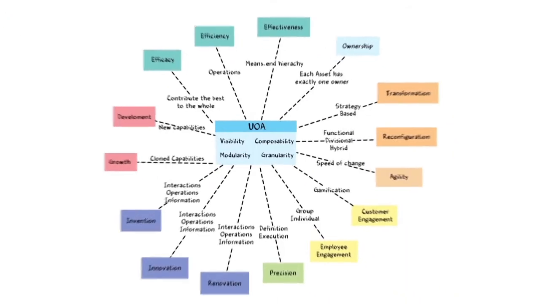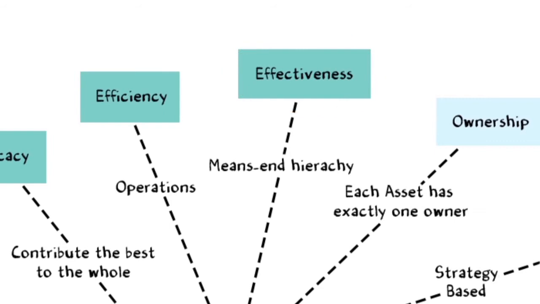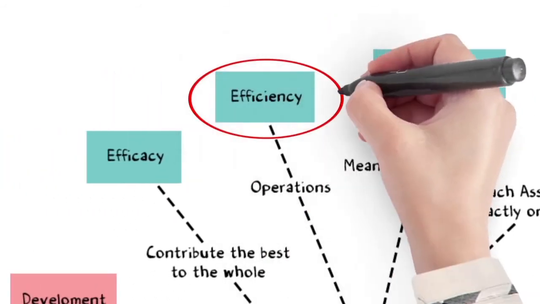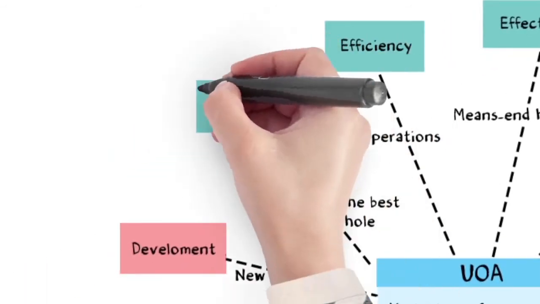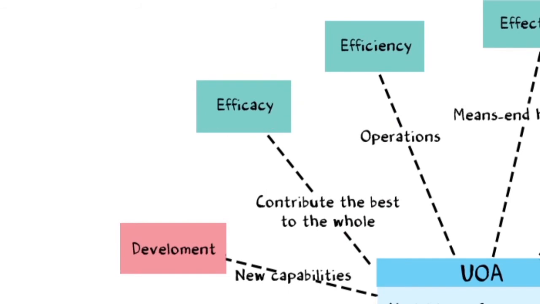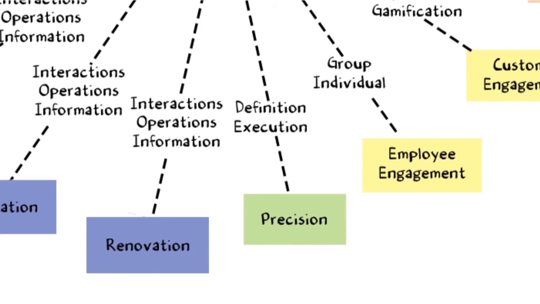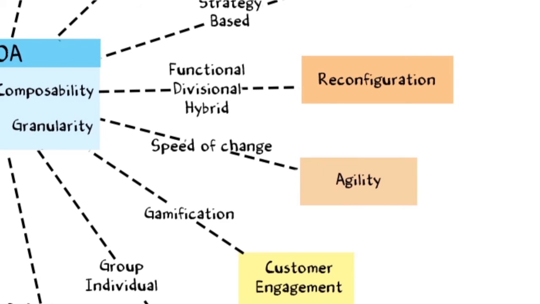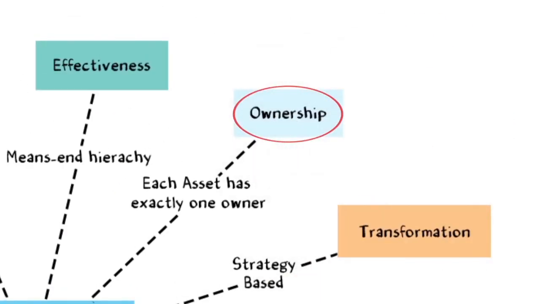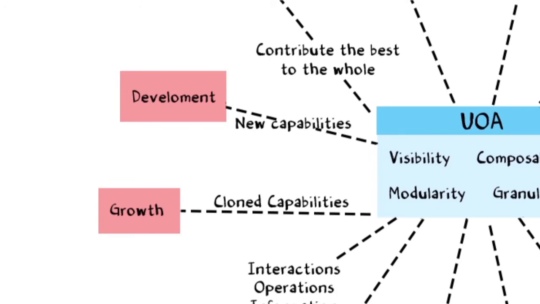UOA helps organizations realize the benefits of effectiveness by creating a traceable means to an end organizational hierarchy, efficiency by compartmentalizing and organizing unit operations and interactions, efficacy by ensuring that the child units contribute their best to the whole, precision by delegating the execution of management activities to a computer, agility by enabling quick reconfiguration of units, ownership by distributing all digital assets between organizational units,